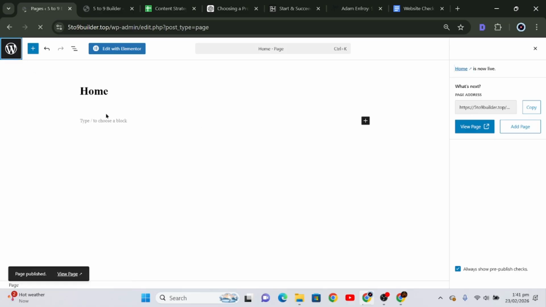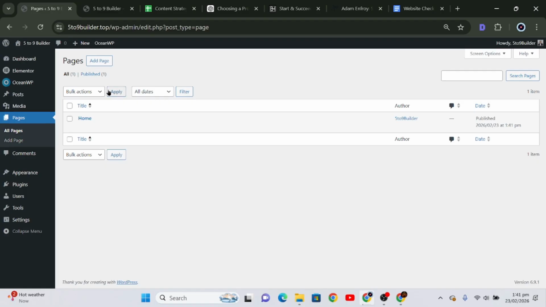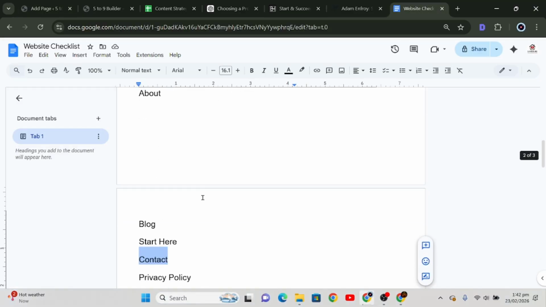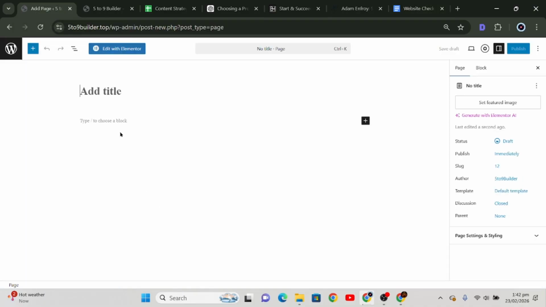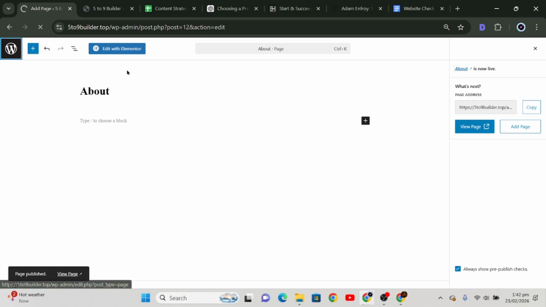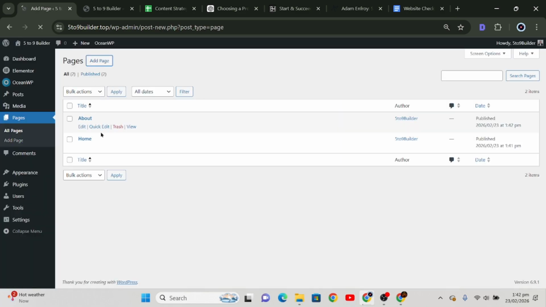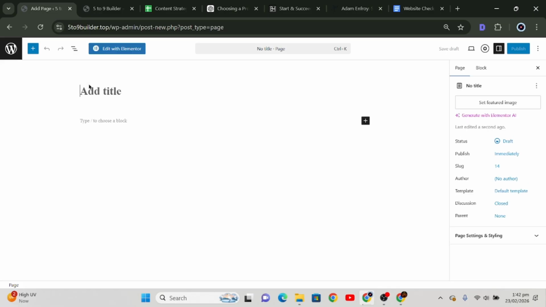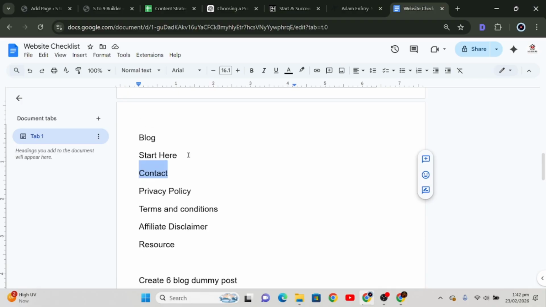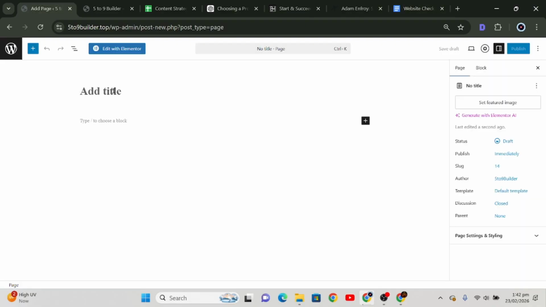So you come back, and then you create the next page, which is the blog page, because that's what it's saying here. Okay, so it's about page. Okay, so let's go and do about page. Okay, we are not doing anything about that. We go back, we create the next one, start here and contact. So the next one is blog page,